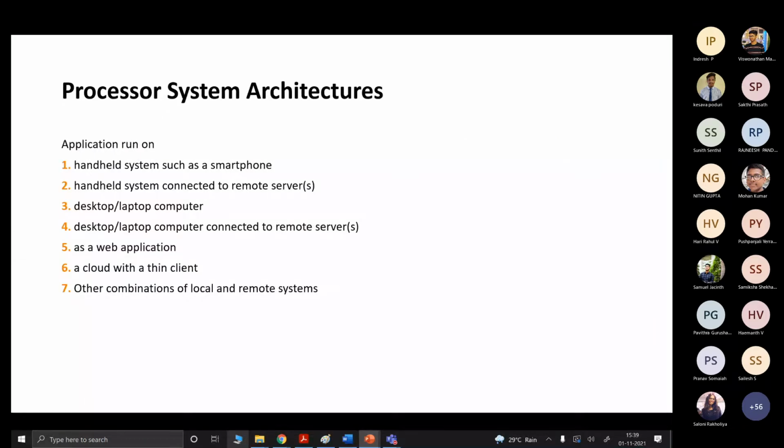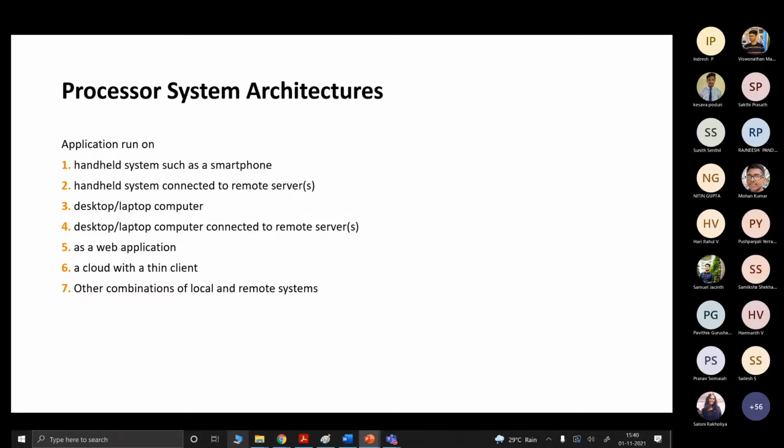There are different architectures available. We will discuss each and every architecture and how AR systems use them. These architectures again depend on the application, so whichever suits your application, you can select that kind of processor architecture.